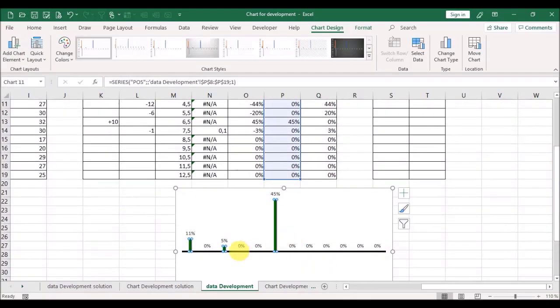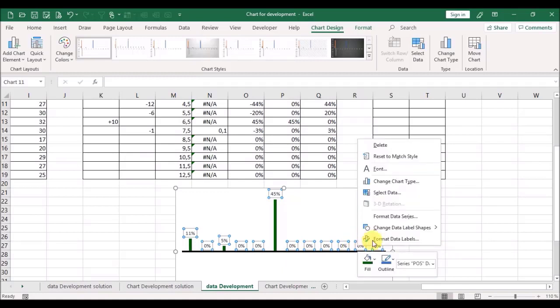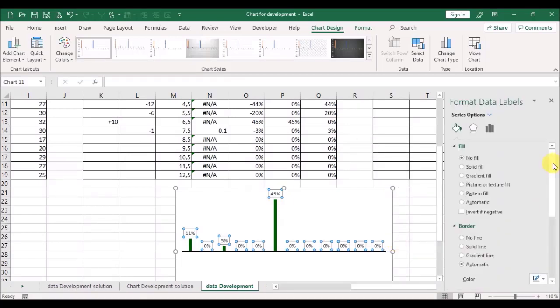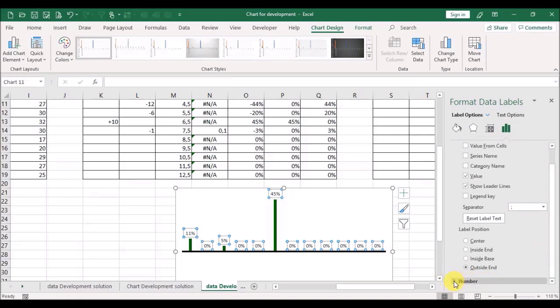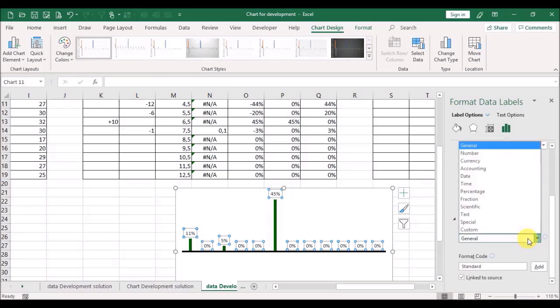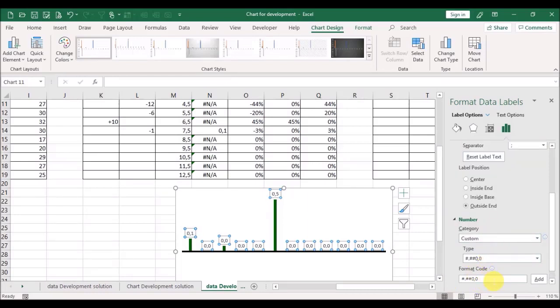So, and we see we have here a lot of zero values, so we mark all the values and then we press right mouse key, format data labels, and then we go to the bucket and we go to label options and to number, go down, then we select at category custom, and here at format code we write [=0]"";+0%, and click on add button, and then you see we have no zero values here. Close the button,